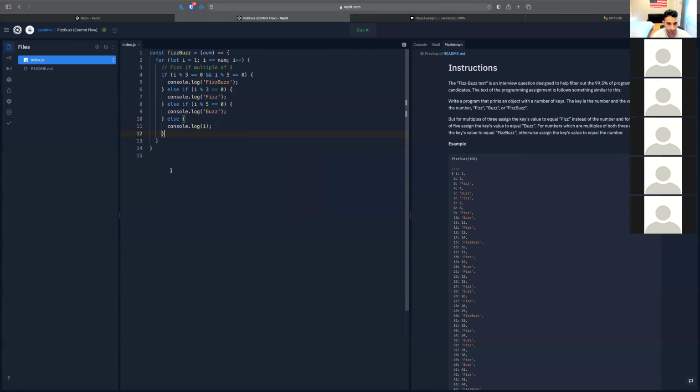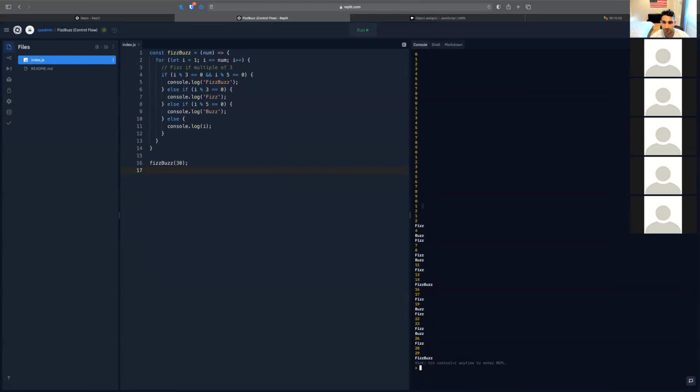So let's say I run this with, well, let's go with like actually 30 or 20 is a good number. That way I can get to at least the 15 here. But I'll make sure to go through it step by step to show you what the logic is for each iteration of the for loop to make it very clear why I put it in the specific order I did. So let's give this a run. And you can see, I should probably clear the console first to make it easier to read